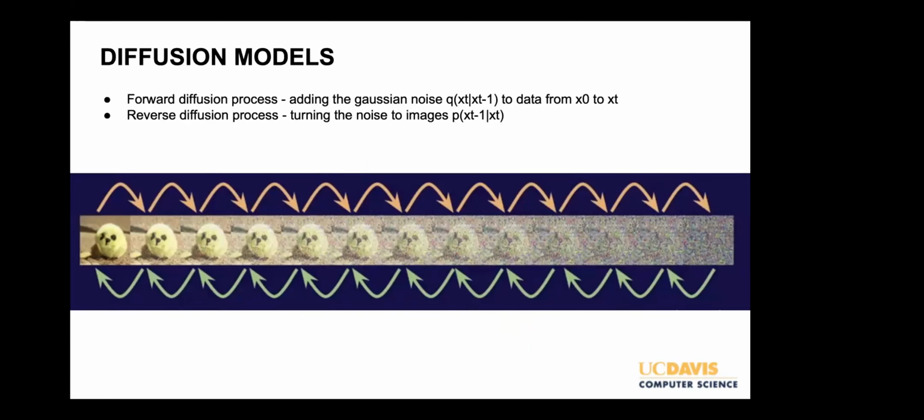In the last couple of years, a very different class of generative models called diffusion models, or alternatively the score matching based models, have shown impressive sample quality on various image generative modeling tasks. So how do these diffusion models work? We take the image, and during the forward diffusion process, which is the orange arrow marked at the top,